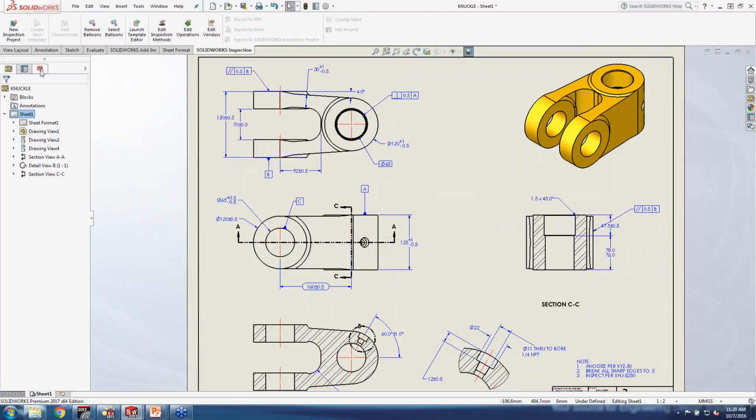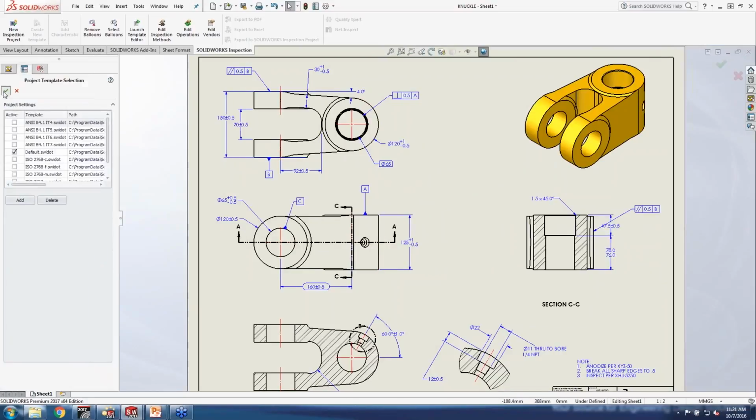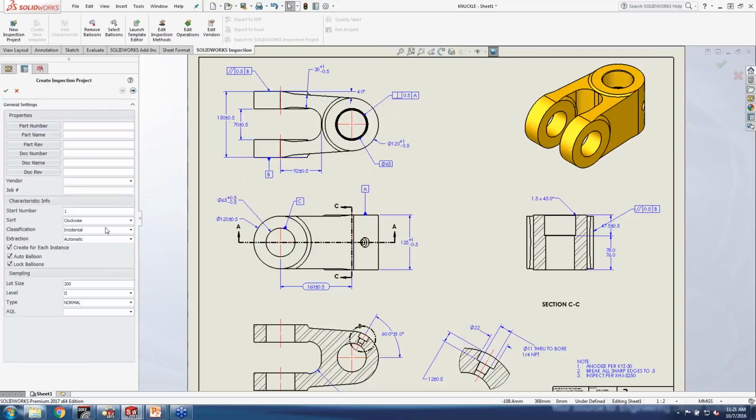Okay. So what I want to do here, and again, this is the add-in for SolidWorks. I'm going to go ahead and say SolidWorks Inspection. Let's go ahead and create a new inspection report. We had a bunch of templates here. I'm going to use our default. And the first one for the naming or the manually ballooning of the items here,